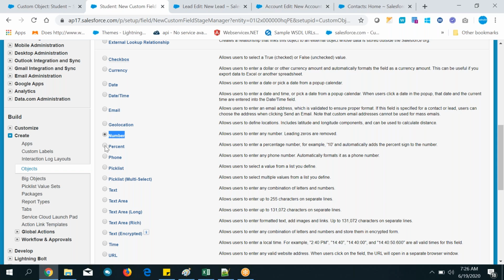So next is percent. Generally percent, we can use not in this business, but for other businesses we can use percentage kind of things, insurance, and any banking-related business, there we can use percentage also. And for staff, how much percentage they are giving. In those situations we can use this kind of field. I will show you here also, don't worry. Okay, next, phone. If you want to store your student's phone number, then select phone.